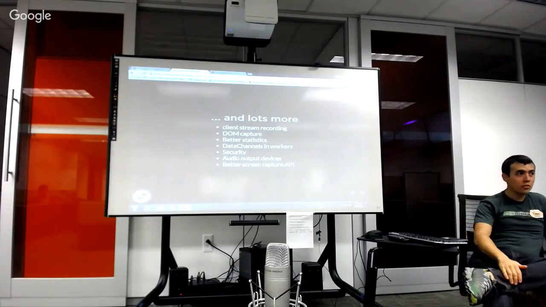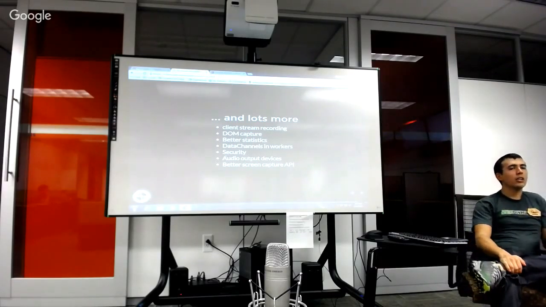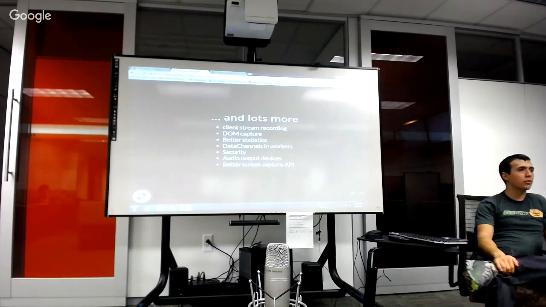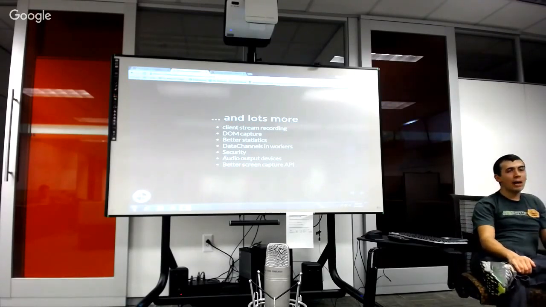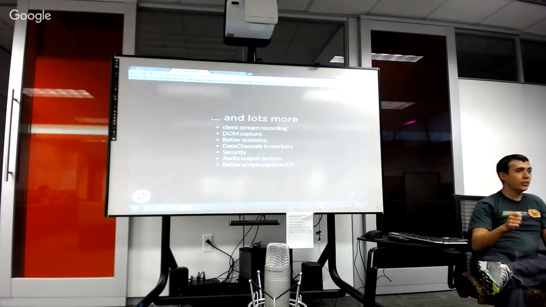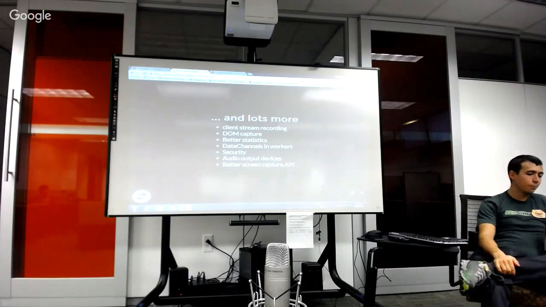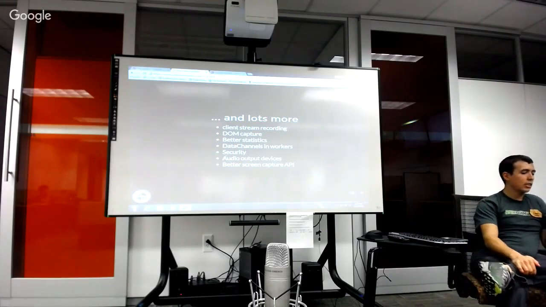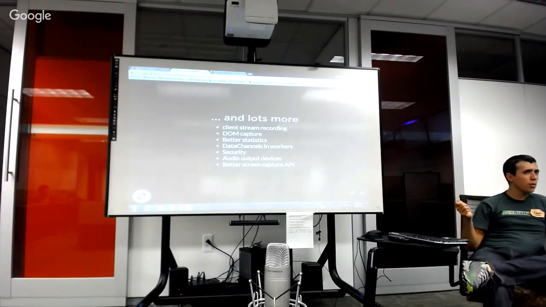Data channels in Workers, I think, is a really cool one. Not for video chat style applications, but for things like pure CDN, where you're streaming CDN style resources over data channels. Having a really cool concept because it can preload things and figure out what your cache is before your app even runs, which is kind of awesome. It also has pretty cool implications for gaming, because JavaScript is single-threaded, but service workers, does anybody know, are not, because you can have multiple service workers that actually run on different browser threads.